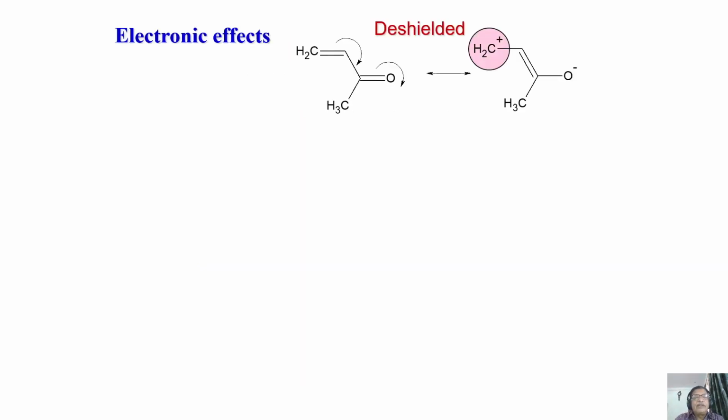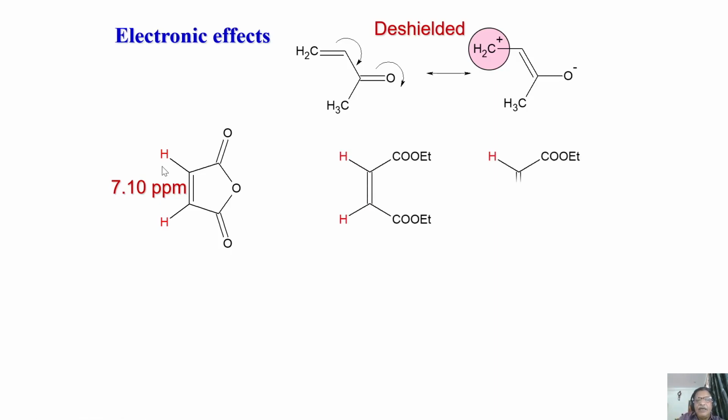This is another important effect. For example, the electronic effect, which causes a shift in the peak position. For example, in a molecule like this, substitution of C=O in this five-membered ring made these two peaks, of course, there is a chemical equivalence, move to downfield. This gets de-shielded. Okay, this is because of this.